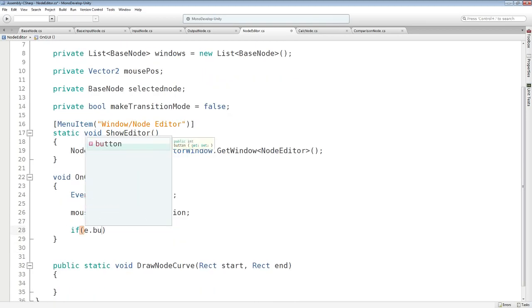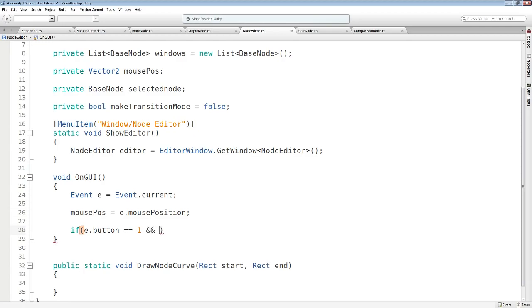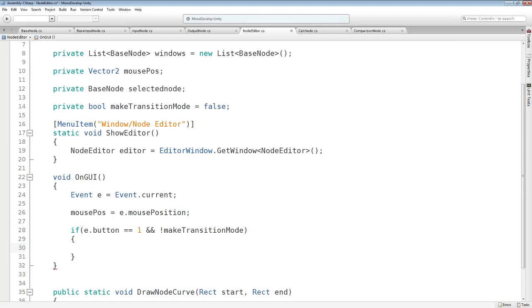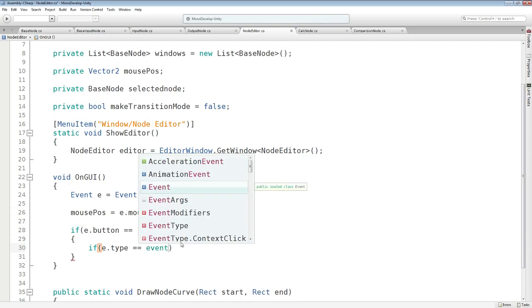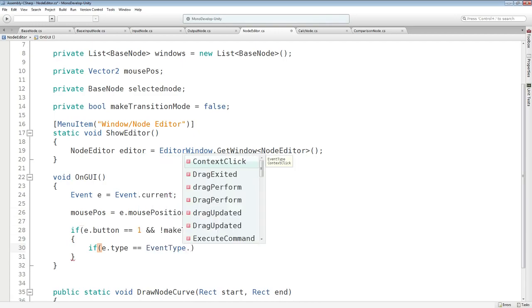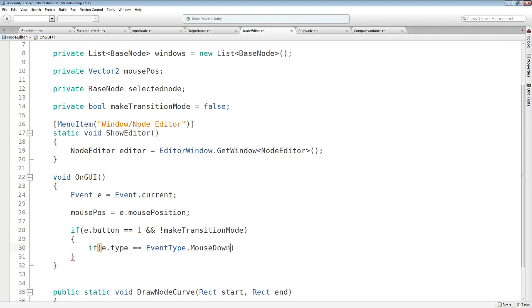So if there is an event of a button which equals 1, so there it's the left click, the right click, and we're not inside make transition mode, we check the event type, and if it is mouse down,